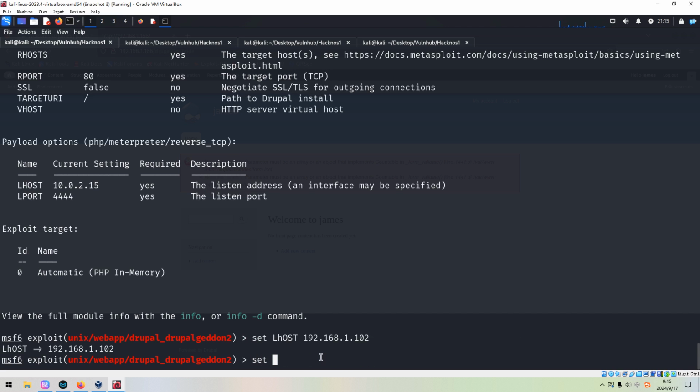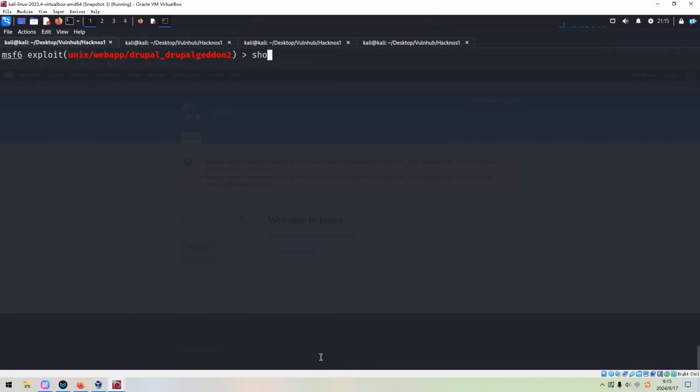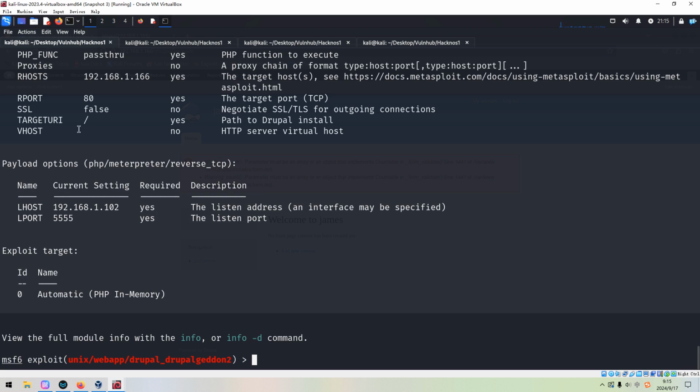And set the local port number to 555, which is my favorite port number. And also we need to set the remote host to our target. Okay, show options again. So we need to set a remote port number. Okay, we do not need to change. And another one, target URI, to Drupal.